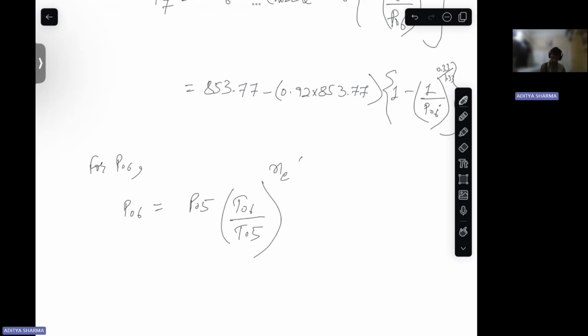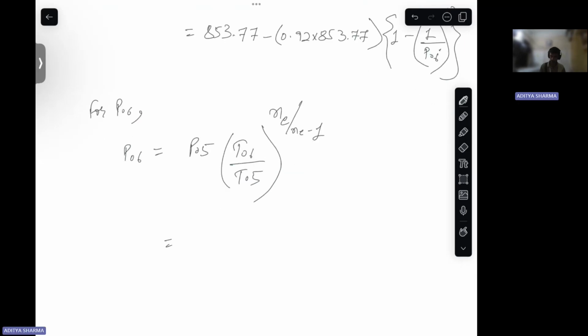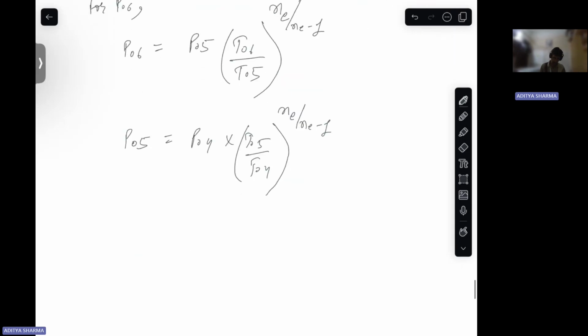Okay, this is for your turbine expansion. P naught 5 is P naught 4 into P naught 5 by P naught 4 raised to the n minus 1, and